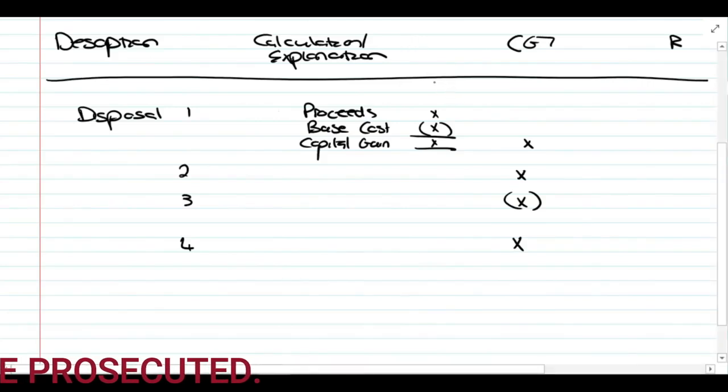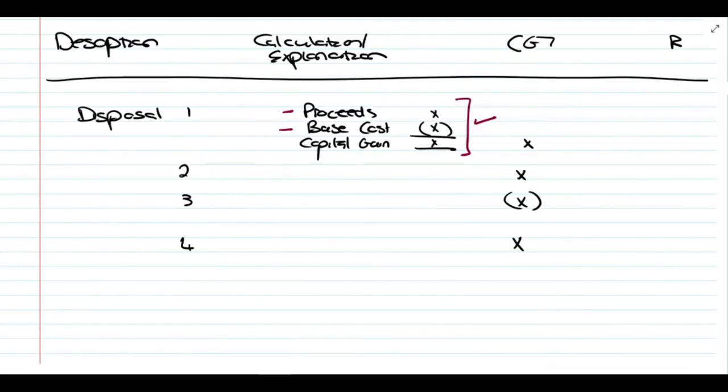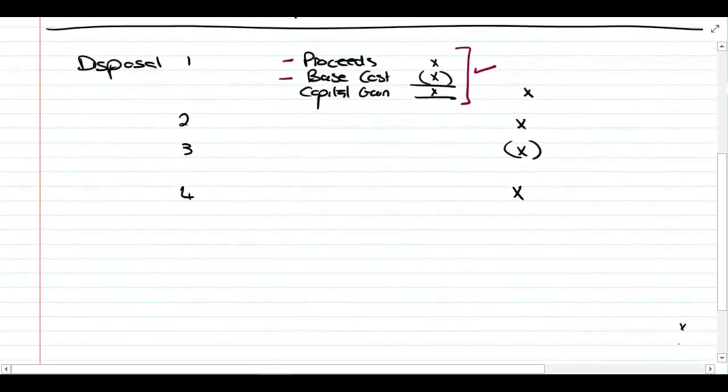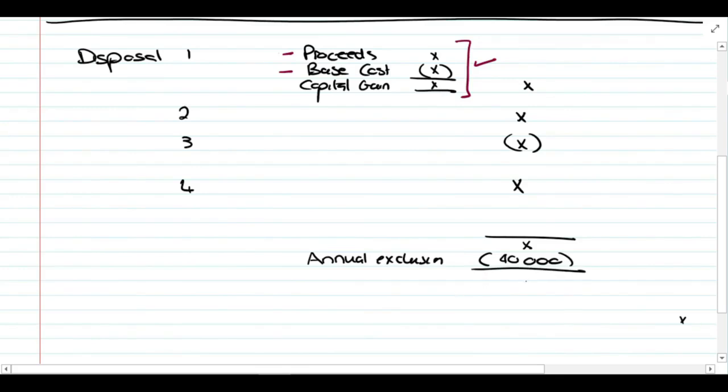So the first thing is, you will mention this. How do we calculate a capital gain? A capital gain is calculated by deducting the base cost from the proceeds. That'll be a mark for you. Then we explain this process. To calculate the taxable capital gain, remember the taxable capital gain is the one that goes into your rand column. You add up all of your capital gains and losses. From that, you deduct your annual exclusion, because this is a natural person. That gives us, remember, the term aggregate capital gain.